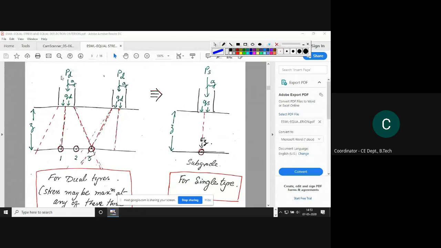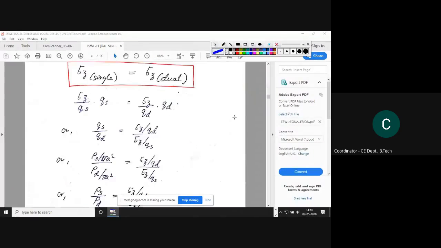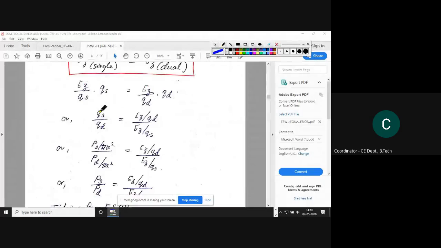Suppose you know the load on the tire. Okay, we know the contact area. Then can we find this Q value? Obviously, pressure is equal to load per unit area. That is load over pi A square, where A is the radius, pi r square. So Q can be written as load divided by area. Same I have written here like that only. See here, QS, this is for single, that's why I have written here PS.